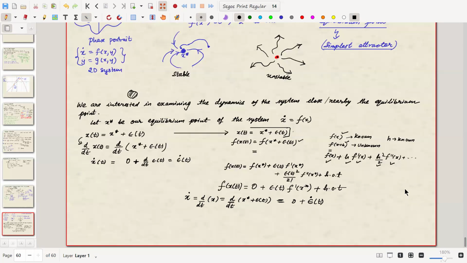Are you appreciating it? So when I write in red, x dot, what does it mean? X dot equals epsilon dot t, that is f of x, t, and f of x, t equals epsilon t times the derivative at x star. Now you can see we reached a very nice equation. What does that nice equation tell us? Epsilon is your perturbation, and we are saying the rate of change of